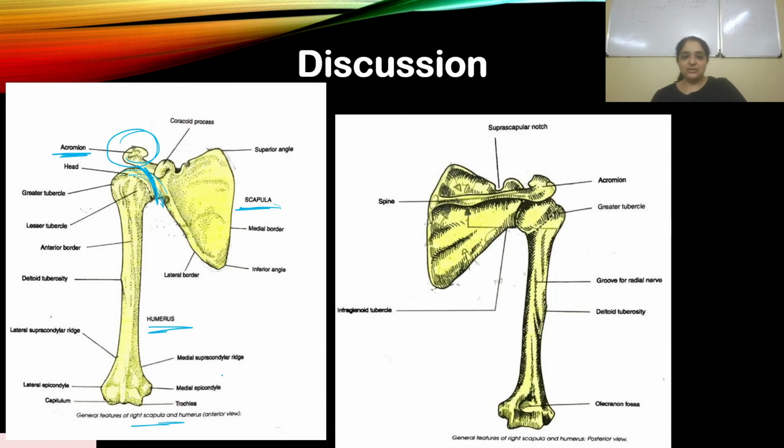So what you're seeing over here in this left diagram, this is the front view. Now over here you're seeing the same right side, but the posterior, that is the back side, okay, the dorsal side. So here you can see the back portion. You can see the acromion over here, and you have the humerus and the connection over here. Okay, so basically, don't worry. You don't need to worry in terms of NEET, but I thought this would help you. Let me know if you liked it or not in the comments below, to help you understand what it actually looks like.